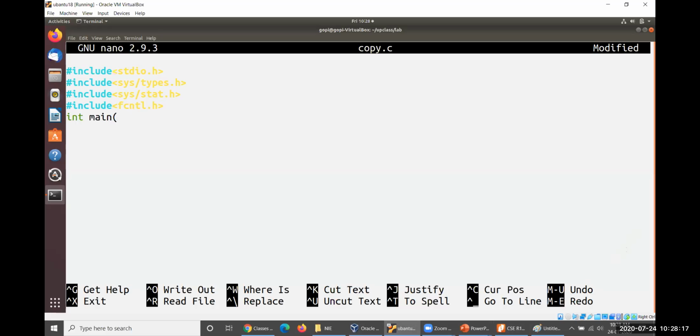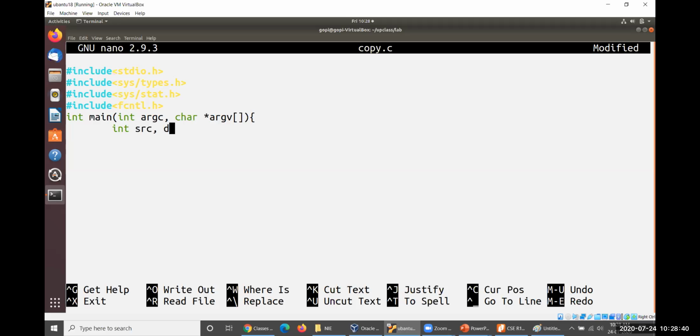We need to take command line parameters: int argc, char *argv, the argument vector. Okay, start our program. I need two different file descriptors. First one is src, source.